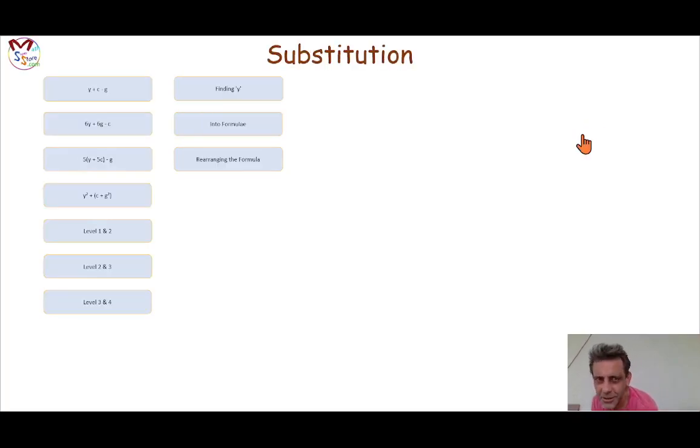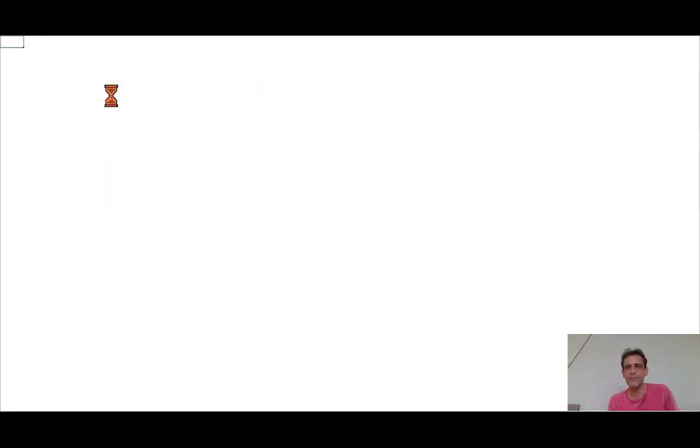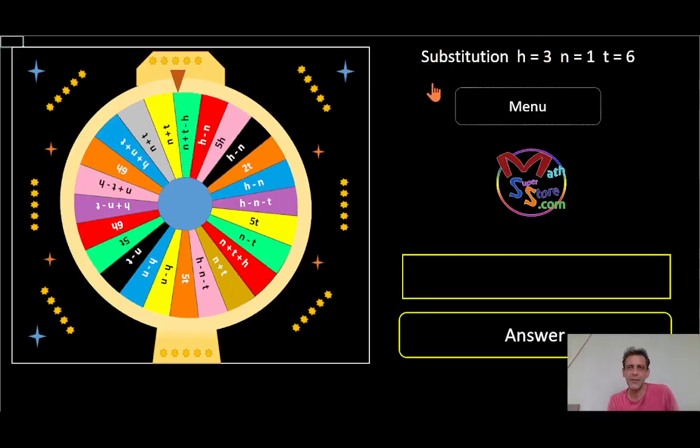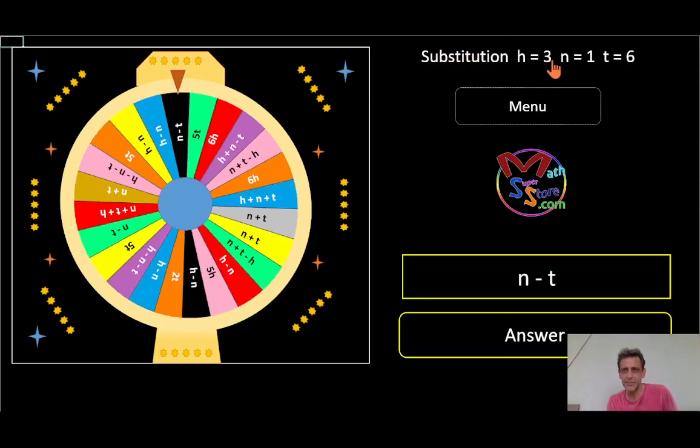We've got substitution, and these are just examples of what you substitute: just the plain letters, then multiples of letters, then brackets, and brackets and square numbers, and you can mix level 1 and 2, 2 and 3, 3 and 4. You can find y, substitute into a formula, or rearrange the formula. But if we go for this simple one, as in the title at the top right, it says substitution,